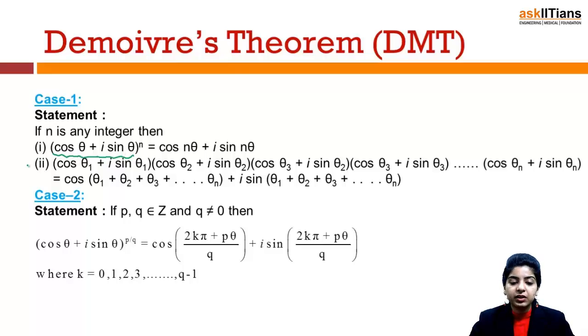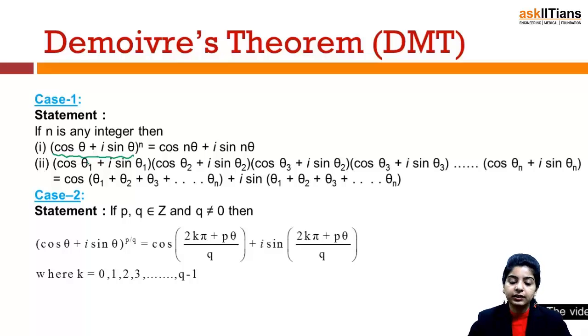And secondly, similarly, if you have (cos theta 1 plus iota sine theta 1) into (cos theta 2 plus iota sine theta 2), and so on, (cos theta n plus iota sine theta n), then that will be equal to cos of (theta 1 plus theta 2 plus theta n) plus iota times sine (theta 1 plus theta 2 plus theta n). So that just means, firstly, if you have (cos theta plus iota sine theta) raised to some power, say n, then that power will come with the angle, that is it will become cos n theta plus